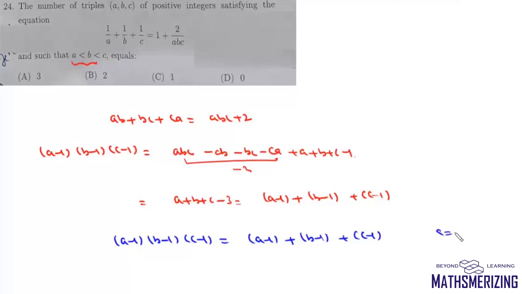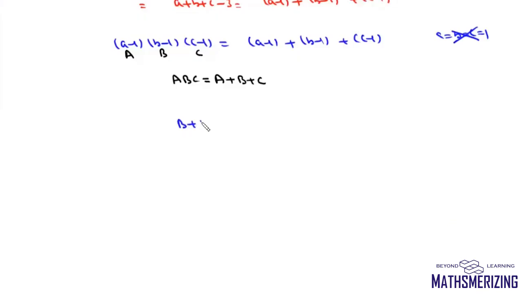Now clearly one of the solutions is when all A, B, C are equal to 1. In that case, left hand side is 0 and right hand side is 0, but we are given that A is less than B is less than C. So we'll discard this solution. So what we'll do is we'll take this as capital A, we'll take this as capital B, and we'll take this as capital C. So we can write this as ABC and it will be equal to A plus B plus C. Now we can write this as B plus C and it will be equal to A into (BC minus 1). And since A is greater than or equal to 1, so it will be greater than or equal to